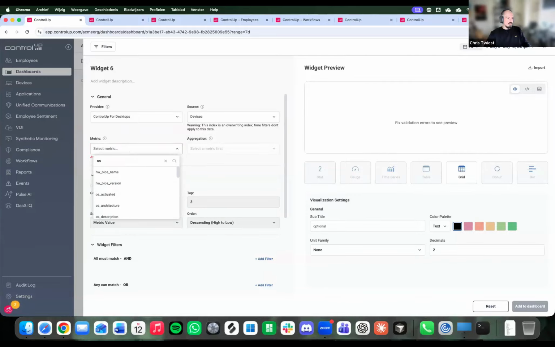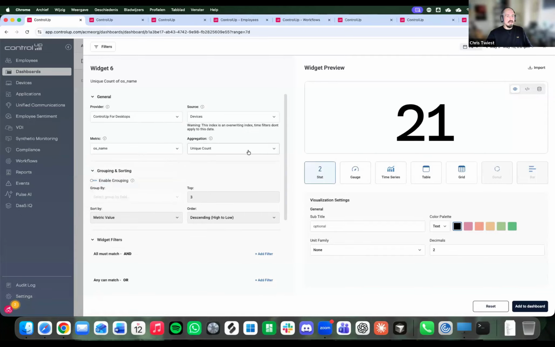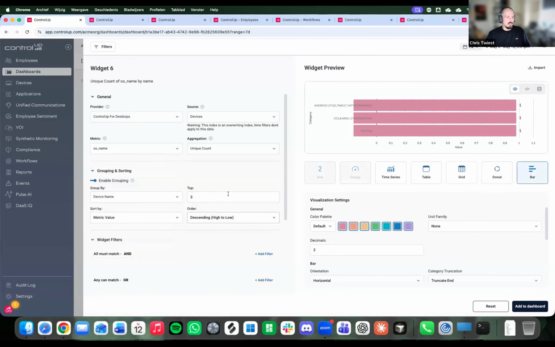So let's do OS name, and a unique count of OSs. Okay, so I have 21 unique OSs. And then they'll group them by the device names.